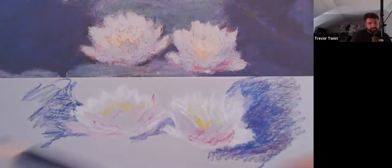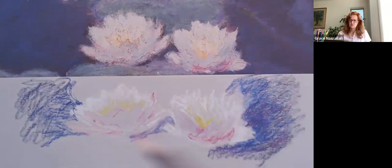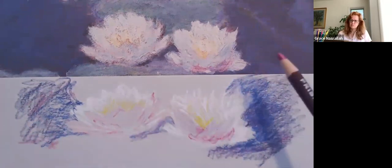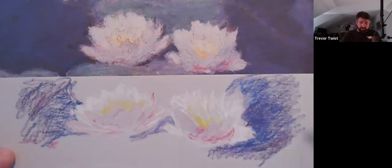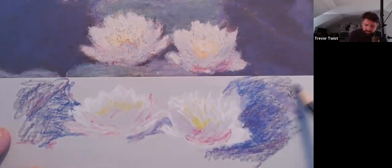So same question then for the stem of that flower that's underwater, that is kind of a palish blue. Do you do the stem first and then do the blue around it? I guess. Yeah, I just noticed that. Luckily I'm a little bit thin over here. So there's my magenta. So that should hold up if I flank it with